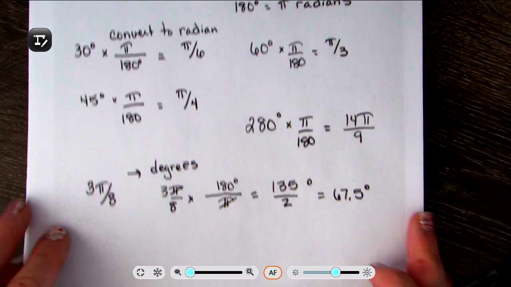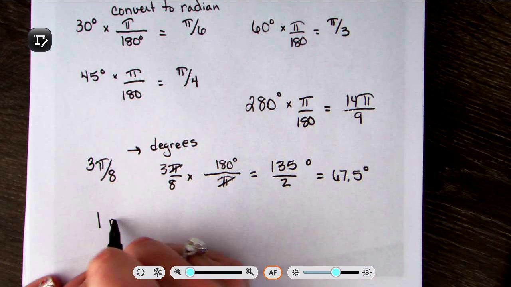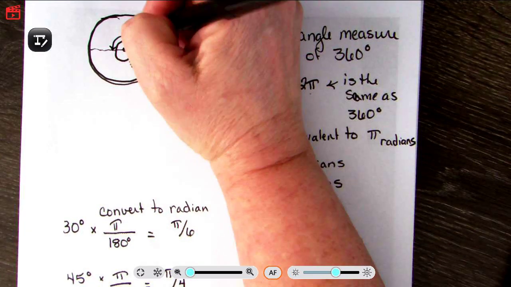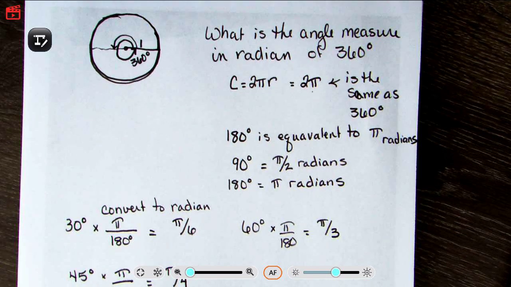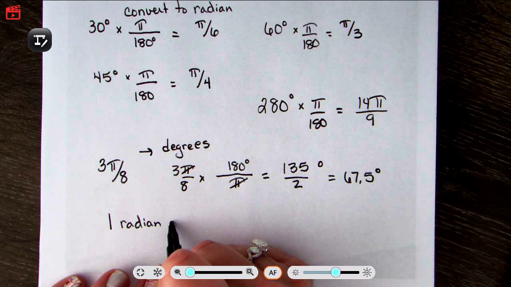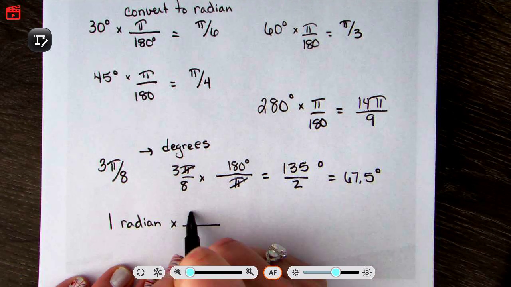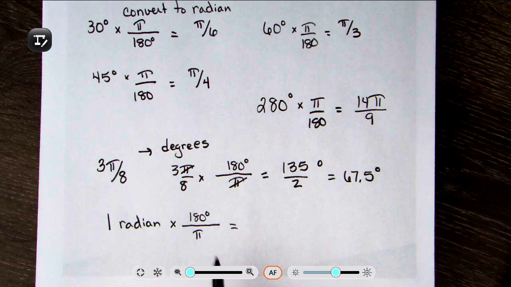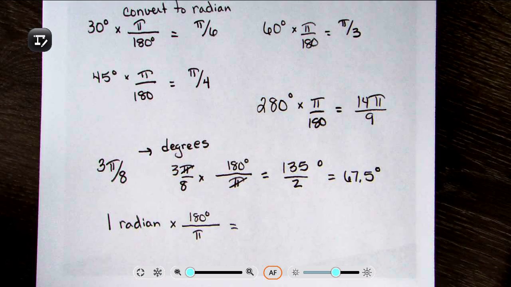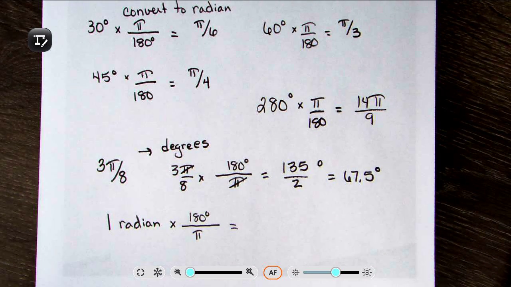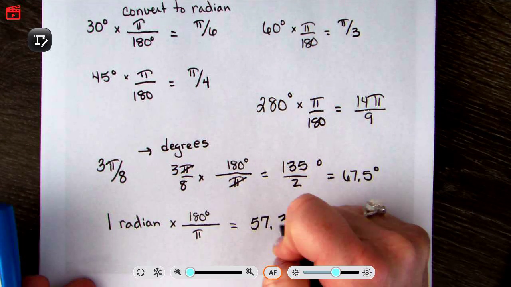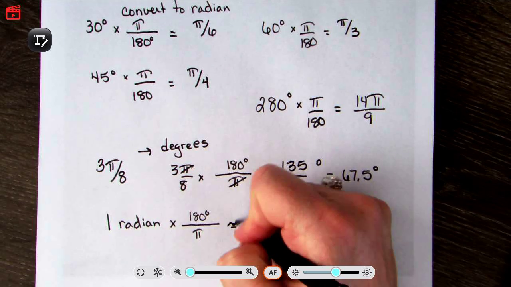Okay. We could also have 1 radian. Ooh. So if I had that circle back up on the top here, and if I went 1 unit around, where would that turn out to be? Well, again, we will be multiplying by the 180 degrees over pi. And I'm actually going to use pi in there because it does not cancel. So if I take 180 and I divide it by my pi using my pi button, I get that this is about 57 point, I'm going to just go to the nearest tenth, 3 degrees. Approximately